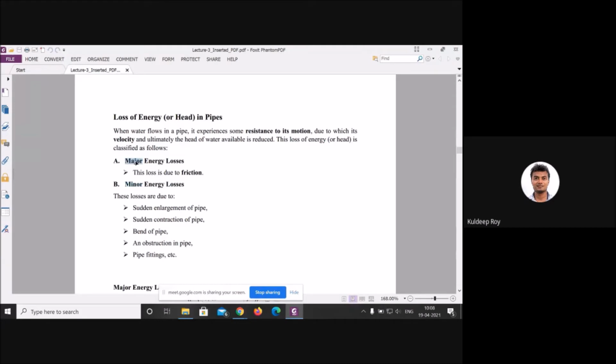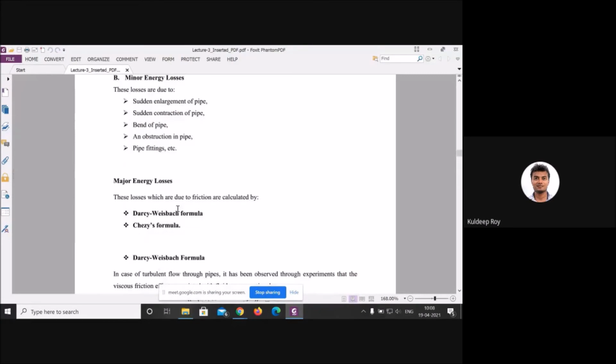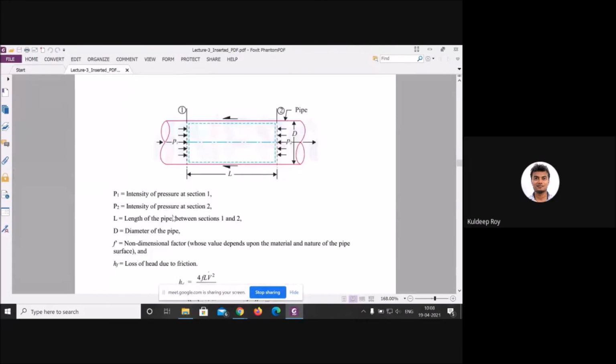Major loss, as is known, is due to frictional forces, any kind of friction. Definitely if the fluid flows in any kind of pipe, there will be friction. You cannot have a smooth surface without friction. It never exists in your day-to-day life or real scale application. So there will be friction loss. To define the frictional loss, we have derived two types of formula: one is the Darcy-Weisbach equation, another is the Chezy equation. The Darcy equation defines the head loss in terms of F.